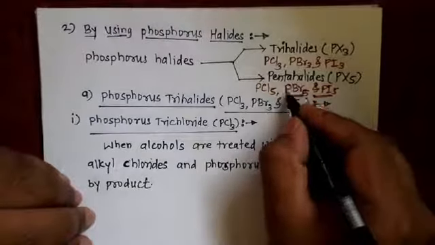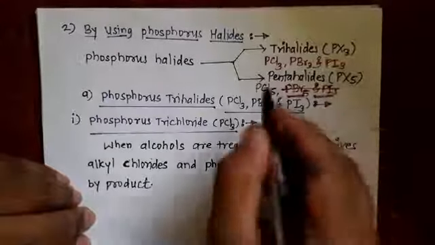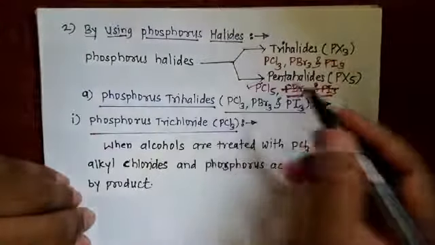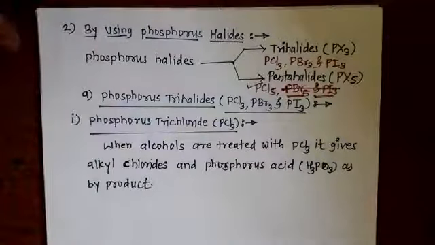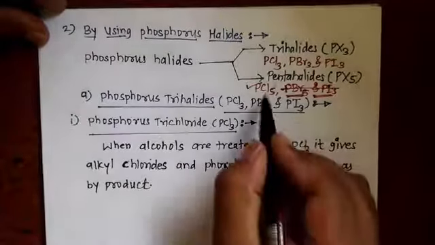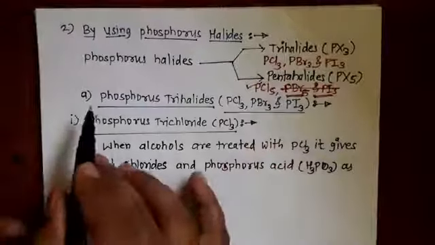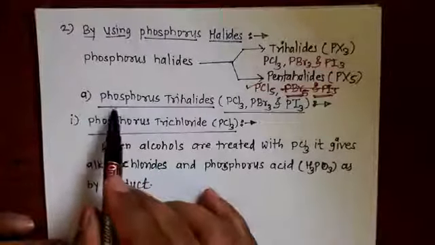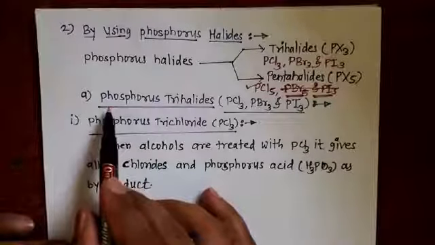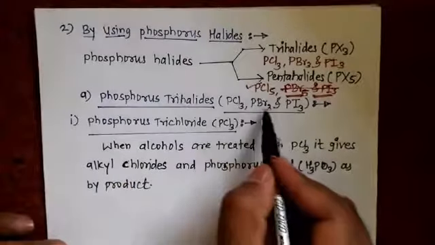Hence, here we only use PCl5 to prepare alkyl chloride. Now, the first method is the preparation of alkyl halides by using phosphorus trihalides, that is PCl3,